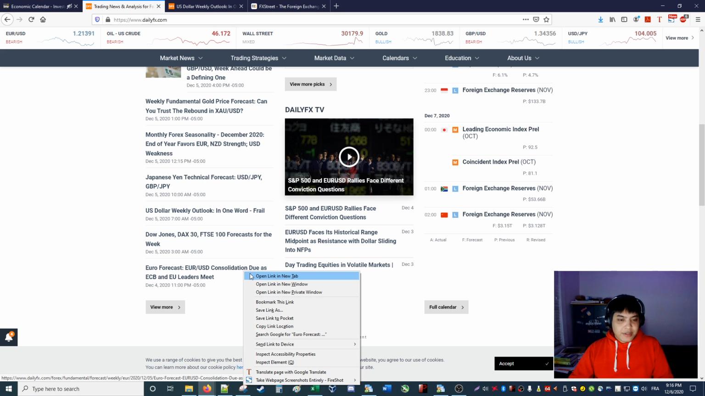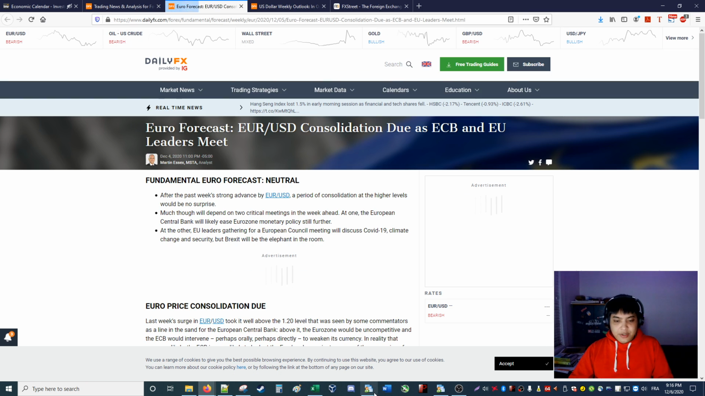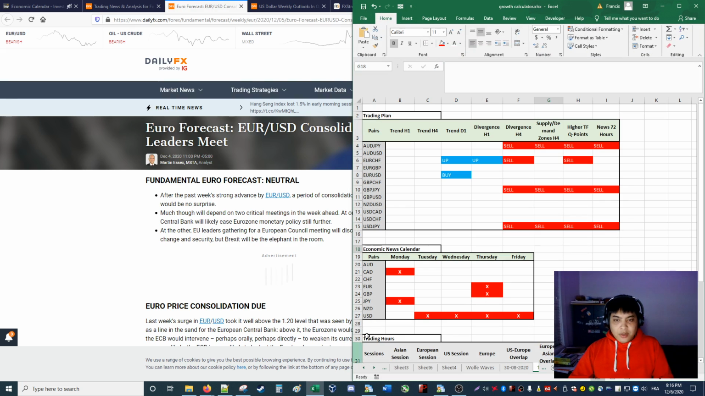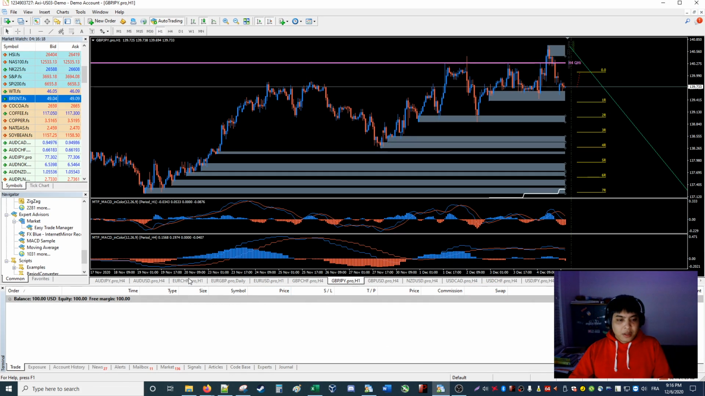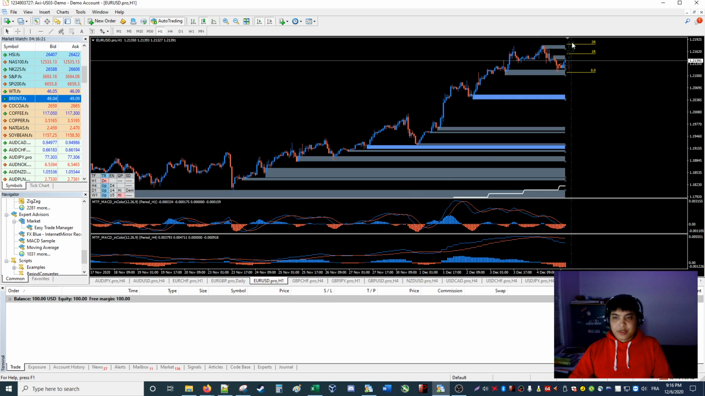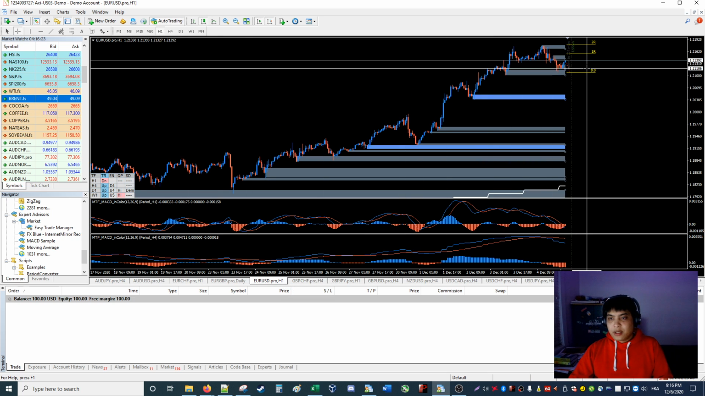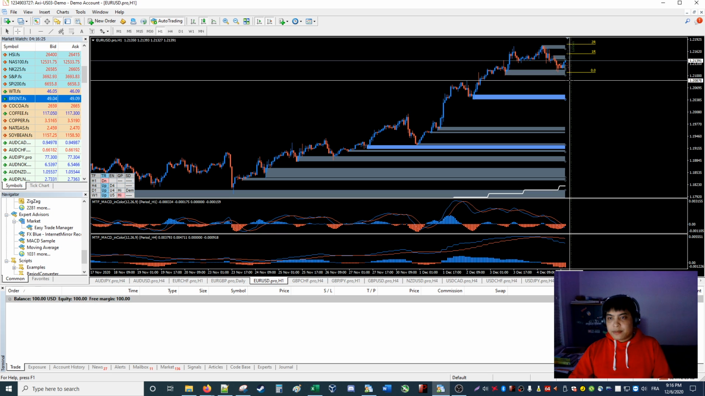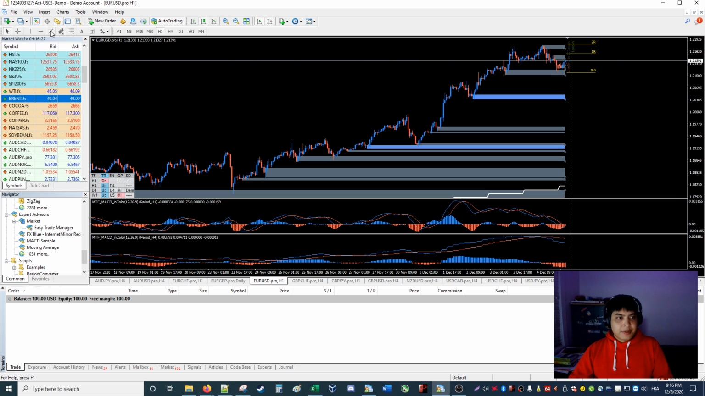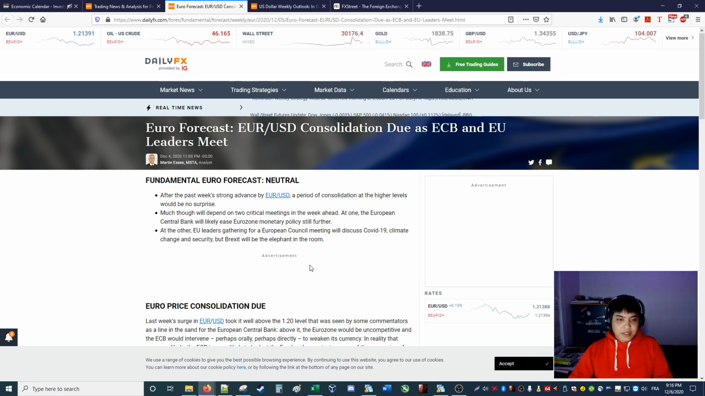Euro USD consolidation. Oh yeah, so we said we had one, the euro, that we wanted to go up, right? The Euro USD, yes, this one. We forgot this one with the 2 to 1 ratio. We want this one to go up, and we would have entered here. Euro USD, and if we look here, forecast